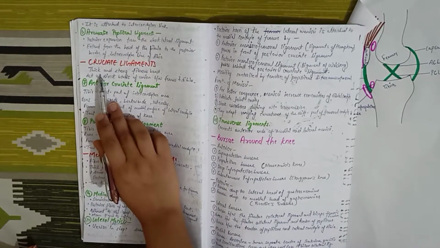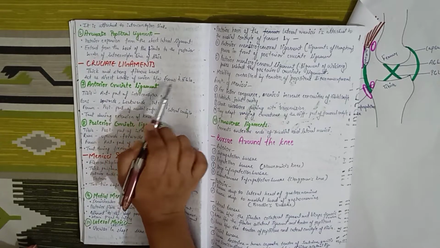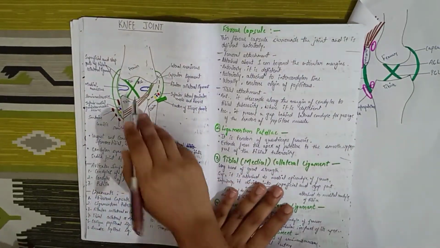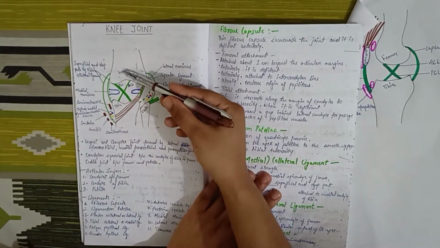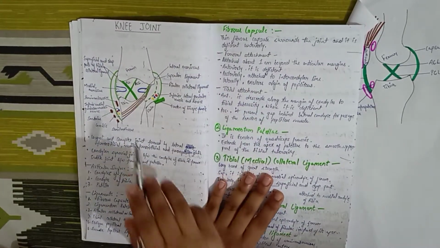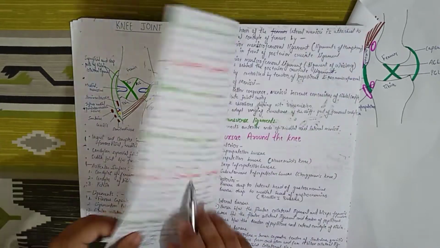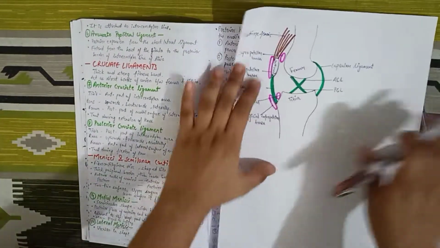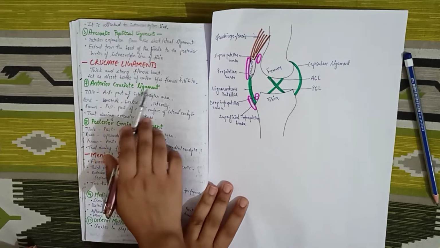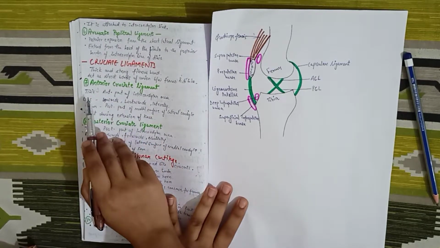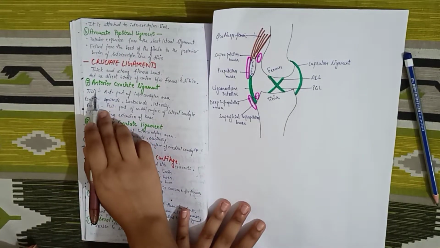These are thick and strong bands that act as a direct bond between the femur and tibia. So these are the cruciate ligaments. They act as a bond between femur and tibia. Their names are according to their attachment with the tibia, as in this diagram it is clear. Anterior cruciate ligament, named according to the attachment with the tibia.